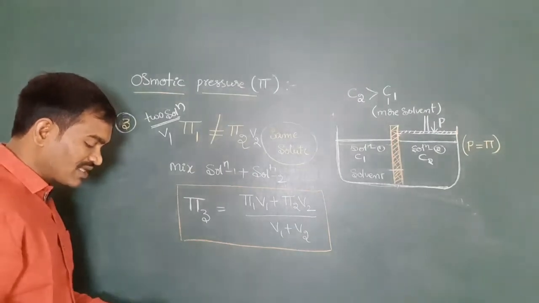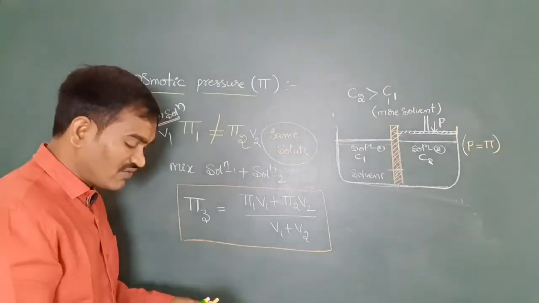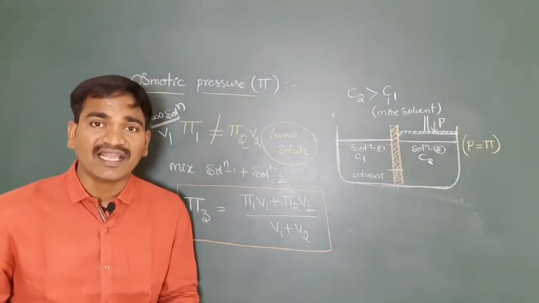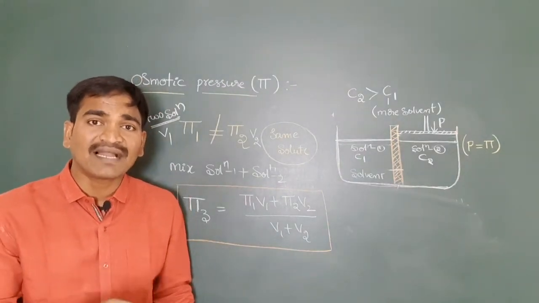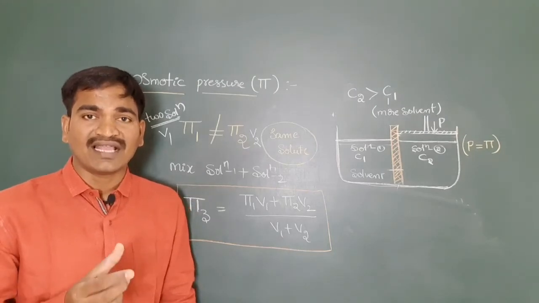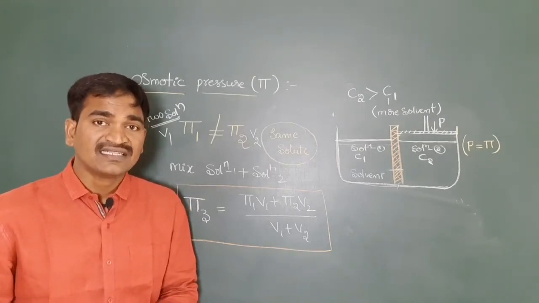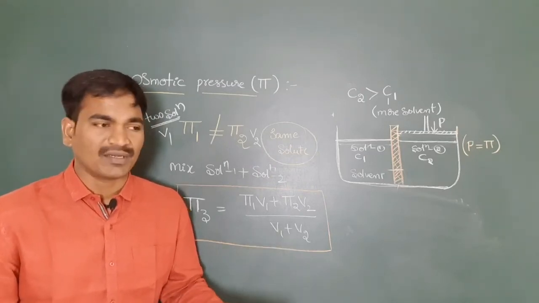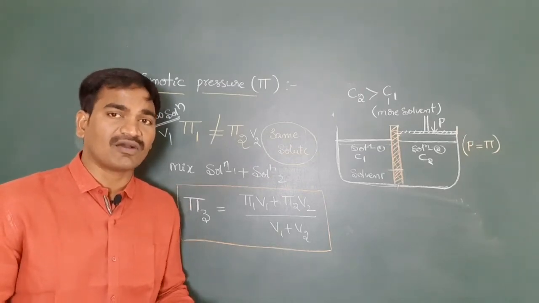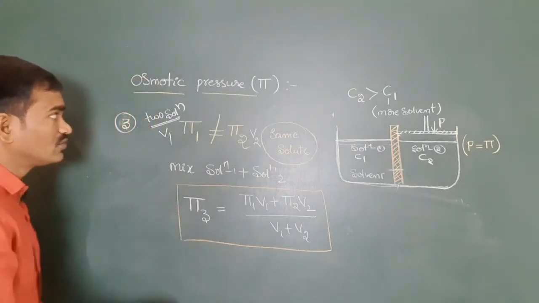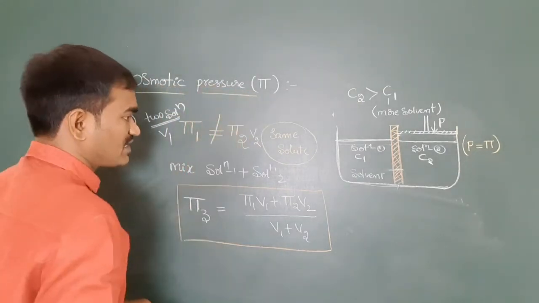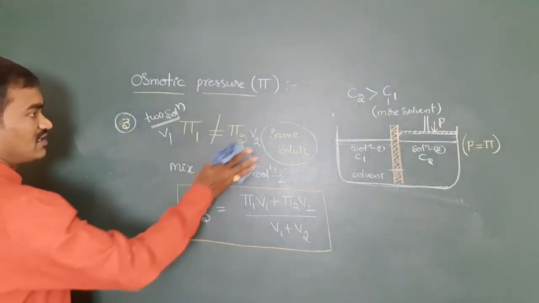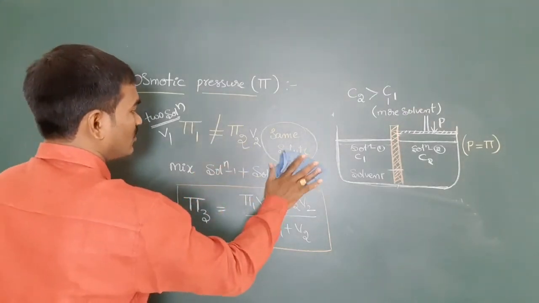Here you see, generally osmotic pressure we can calculate by using the Berkeley-Hartley method. To determine the osmotic pressure, one experimental method we are using is the Berkeley-Hartley method. Just remember it, it's not given in our syllabus, but however you have to have clarity. Okay, Berkeley and Hartley method. Up to here clear? Any doubt in this?